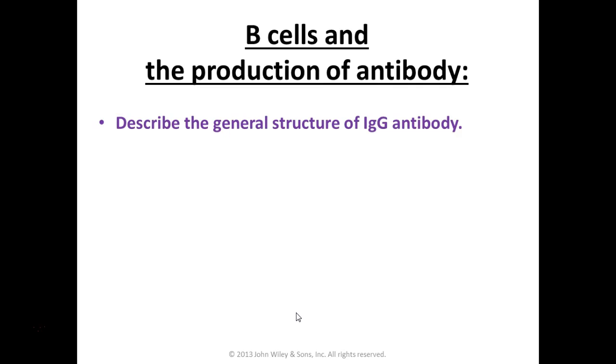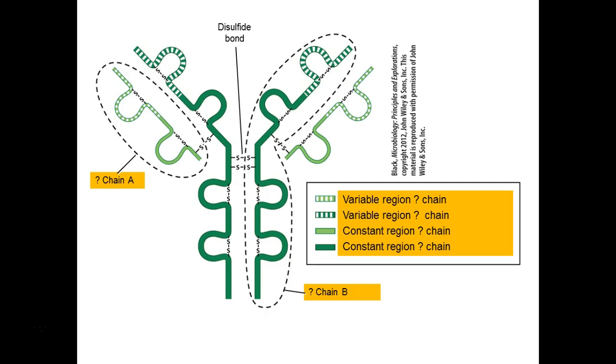So, general structure of an IgG class antibody. Hopefully you went over the different classes, and we're going to go over those today. For an antibody, we talked about this last time, it's made up of 4 polypeptides that make up the overall protein. 2 of them are 2 identical heavy chains, labeled B here, and 2 of them are 2 identical light chains